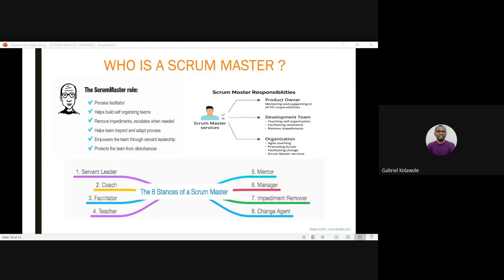Let me come this way. I'll give someone else an opportunity to speak to that. But this is how I'll respond to your concern. In the first instance, if we go to the Scrum Guide, one of the things the Scrum Master is expected to do for daily stand-up or Scrum events is to ensure that those events hold.